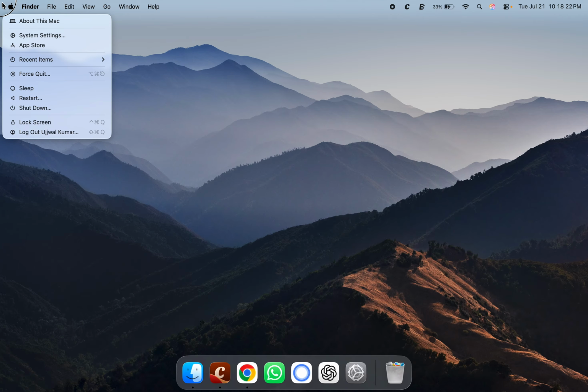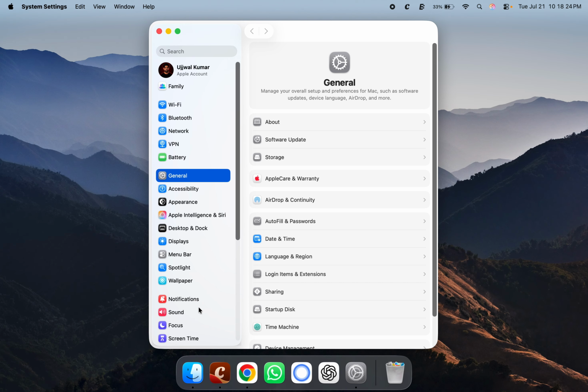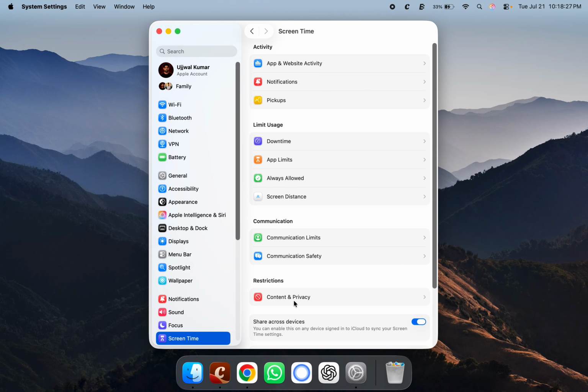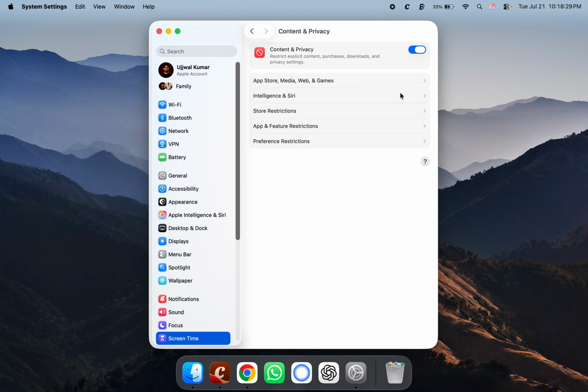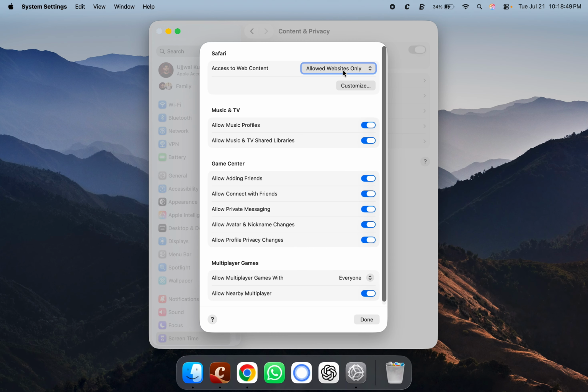First, click on the Apple logo and then choose System Settings. Now in the left side pane, go to Screen Time and then click on Content and Privacy. Now make sure to enable the toggle right to Content and Privacy, and here click on App Store, Media, Web and Games. Now click on the drop down menu right to Access to Web Content, and here choose Limit Adult